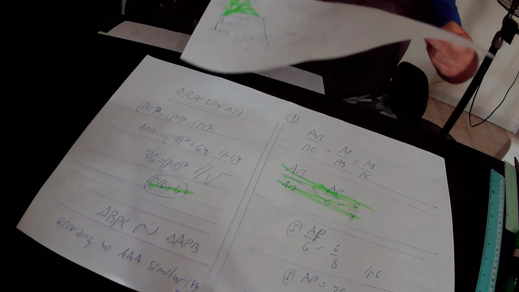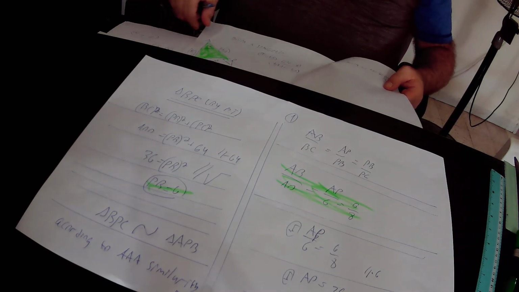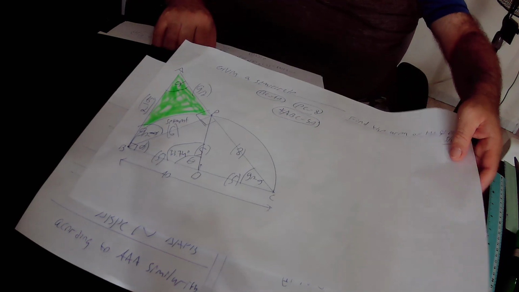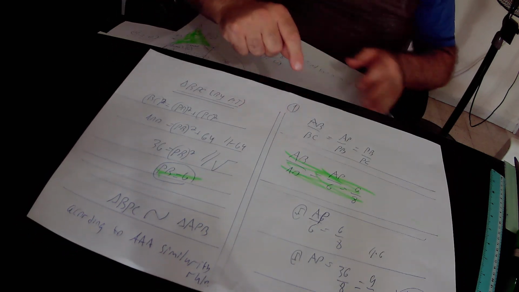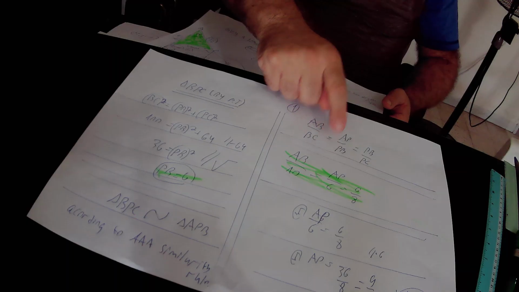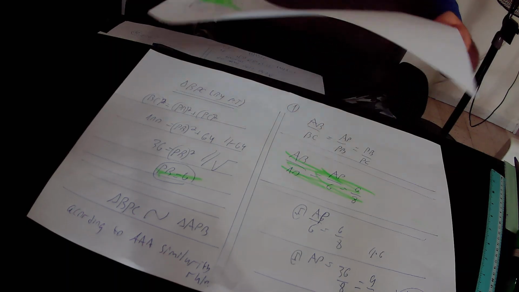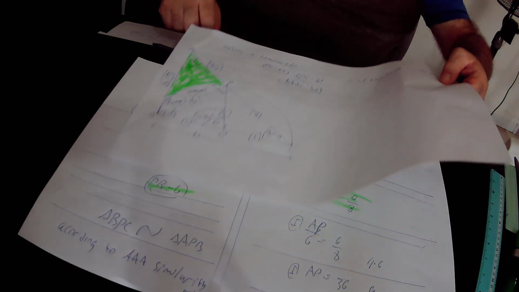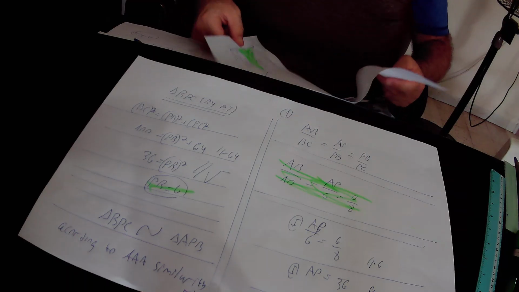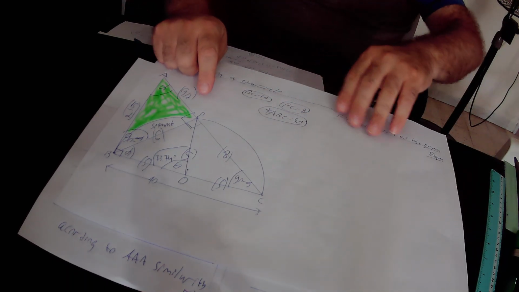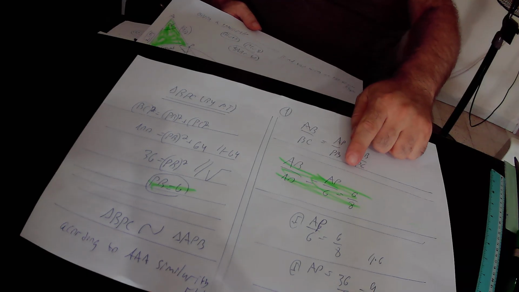AB is the missing side, so we leave it as it is, over BC. BC is the diameter of the semicircle, that is 10. And it equals AP, the missing side, so we leave it as it is, over PB. We have already found that PB is 6 units in length. And it also equals PB, that is 6, over PC. PC is 8. So in total, we have found that AB over 10 equals AP over 6 equals